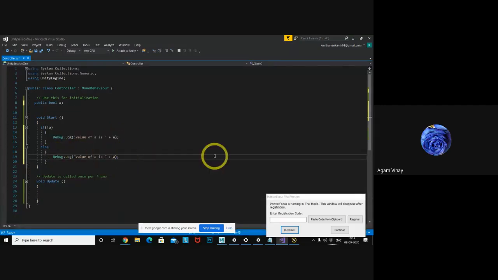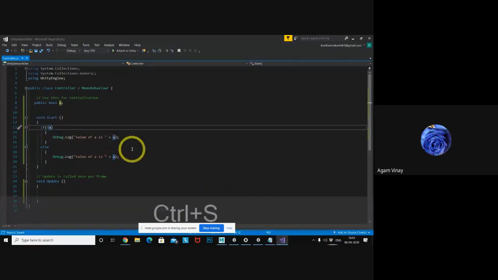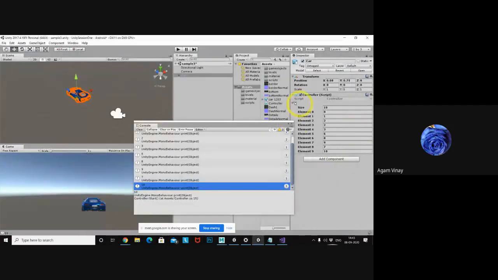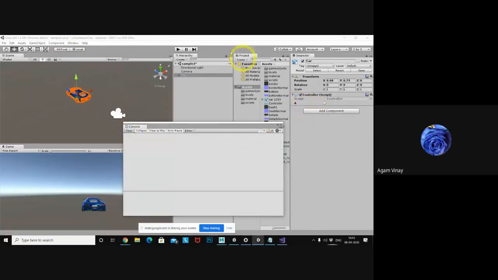Else, the value of a I want to print. If it is not true, I want to print this. I am saving here. Now this array will disappear because I edited it. So I just want to make it true. Now I want to print. What will come?